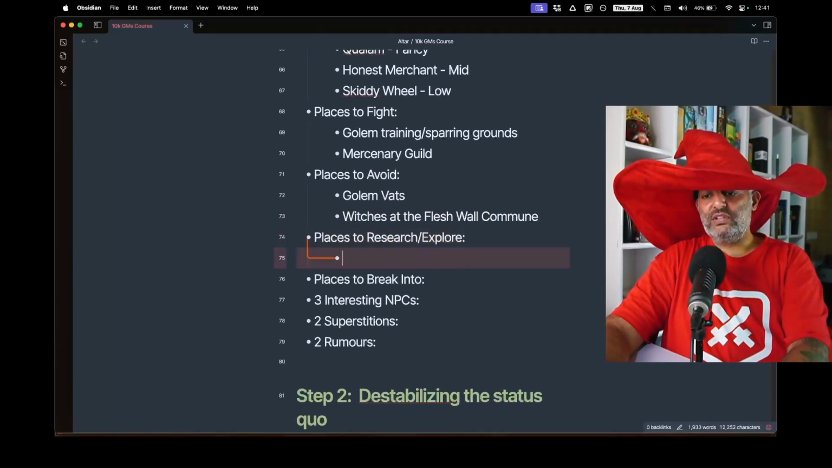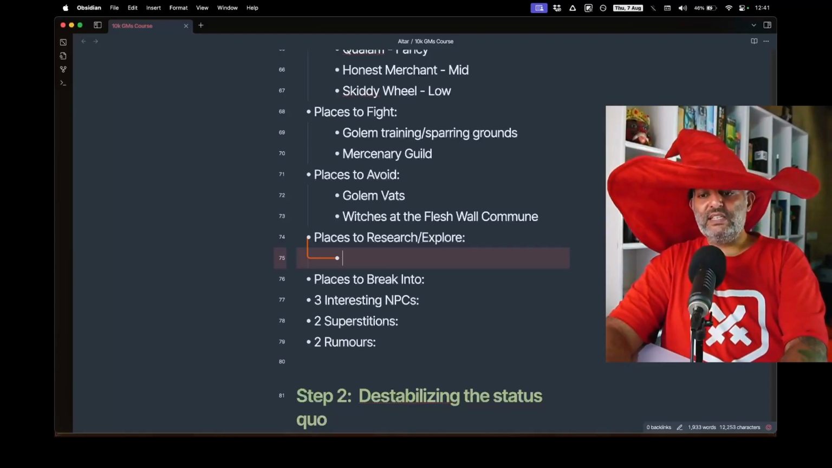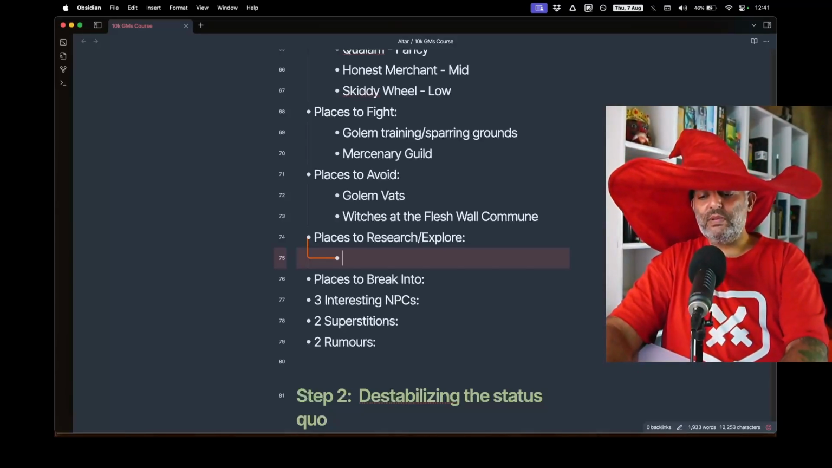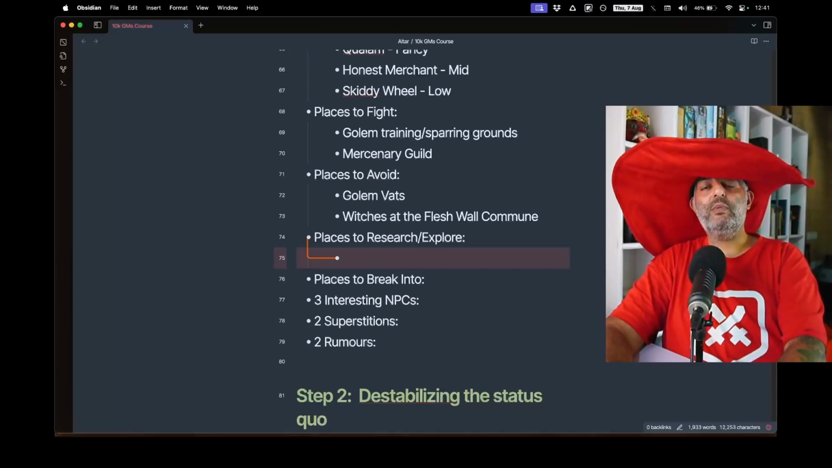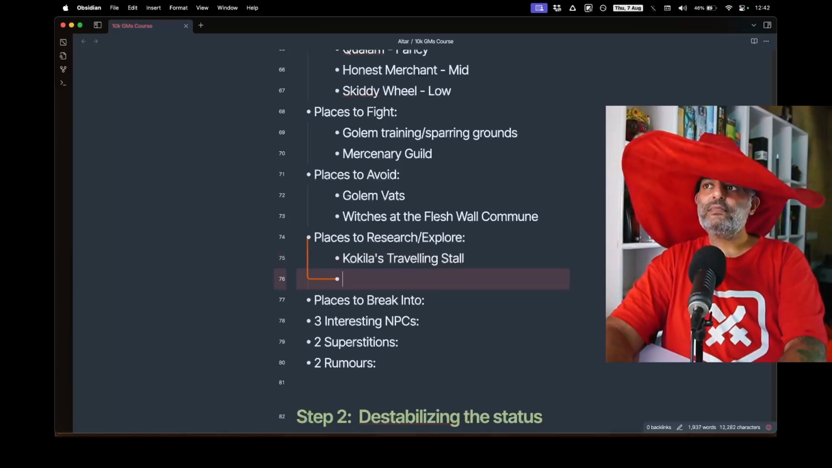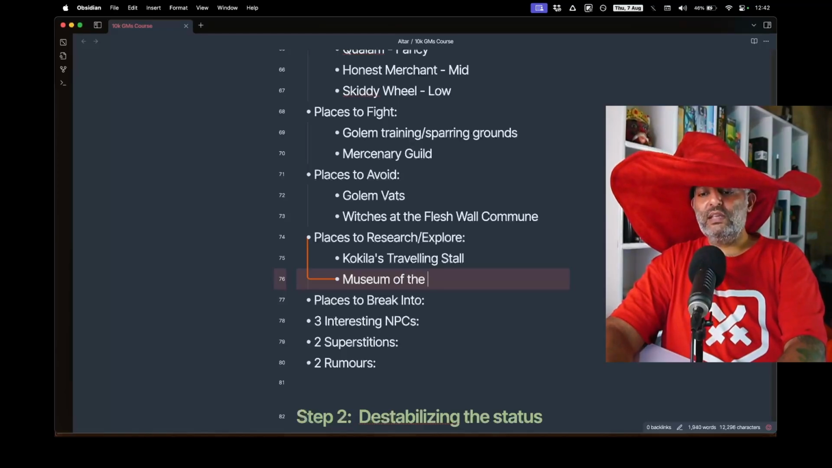Places to research or explore. So these are things that they can go and do their own research in. So we probably need a library. But that's probably like way too much. We need like a traveling merchant, like Cutting Me-Own-Throat Dibbler, right, from the Discworld series. So I'm gonna have Kokila. Kokila is my standard NPC, traveling stall. So that's one. And probably want a museum of the southern marshes